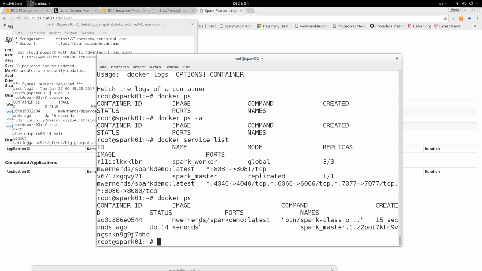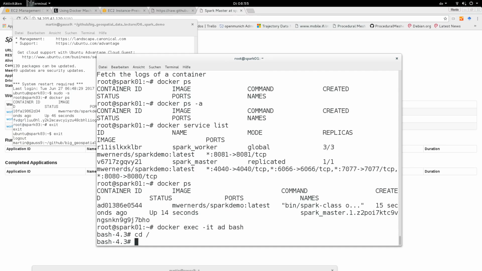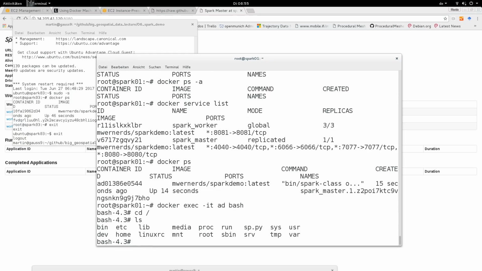We will just exec with a terminal into the master, right? The Spark master is here. We can use docker exec -it, and we will start bash. Now we are inside the container and everything looks like it looked before. For example, here is sp.py. The only difference is that the directory data is not mounted because it's not there and it is not specified like that. But what we can do now